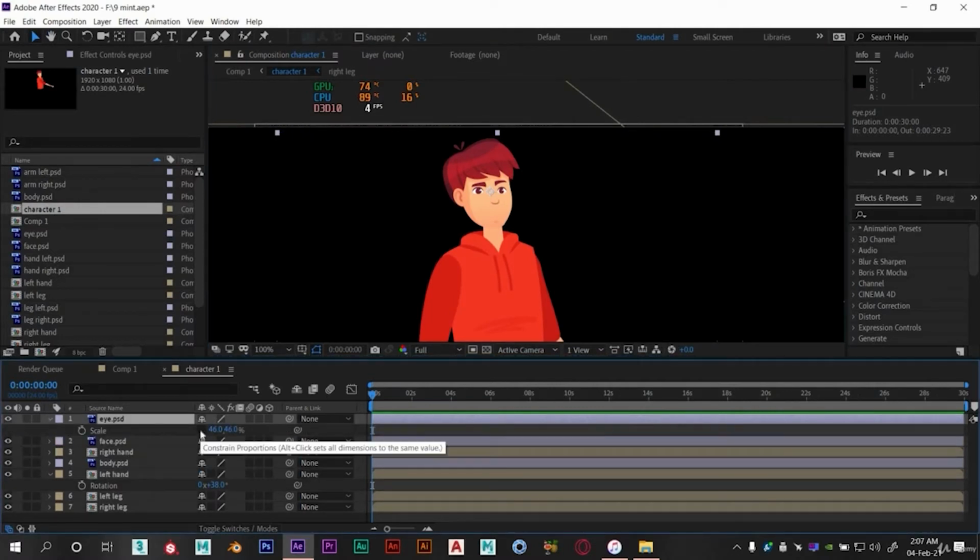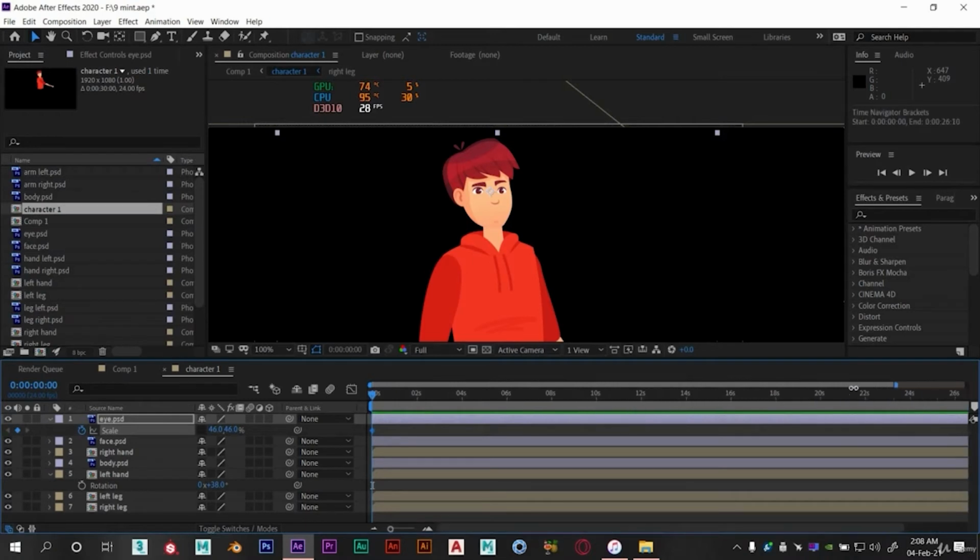It means if we make any change in any value, it will keep its ratio fixed. So if we turn this off, you can see that only one value is changing now, and turning it on both are changing. We need to turn this off and start animating eye only in Y direction.